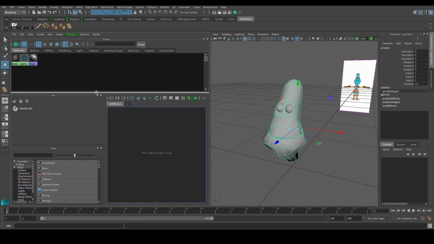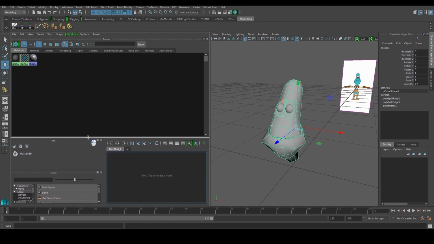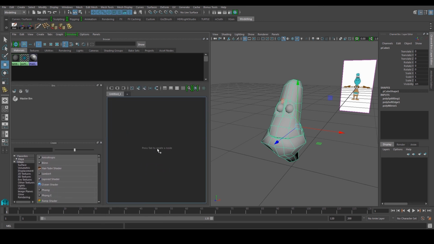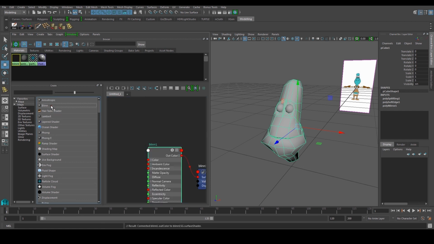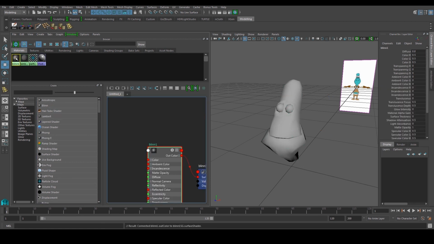Now, if you hover right over here where the line is, you can left click and drag to make this part bigger or smaller. Right, same thing for over here. I don't need this for now, so I can just close it. So what I'm going to do is create some blinns.